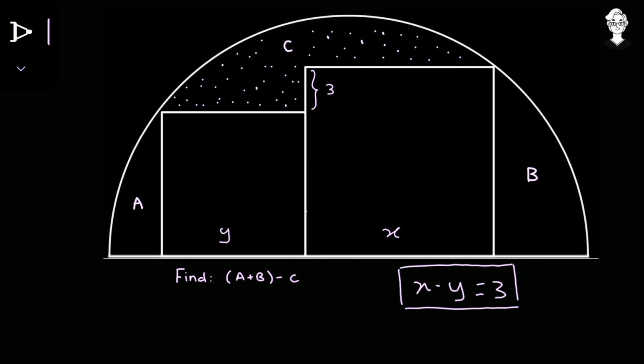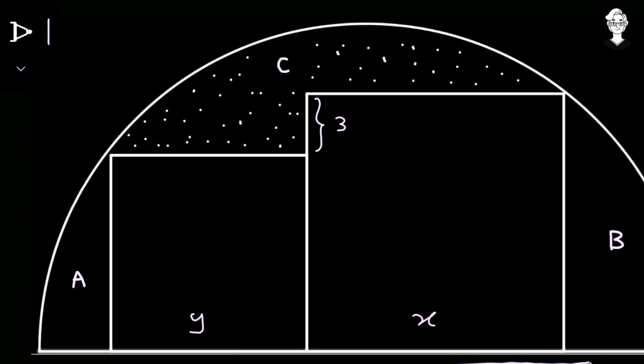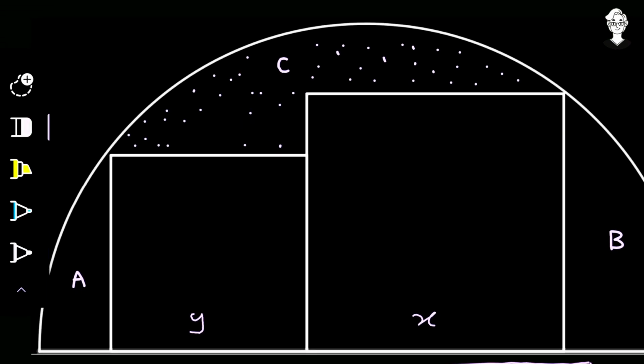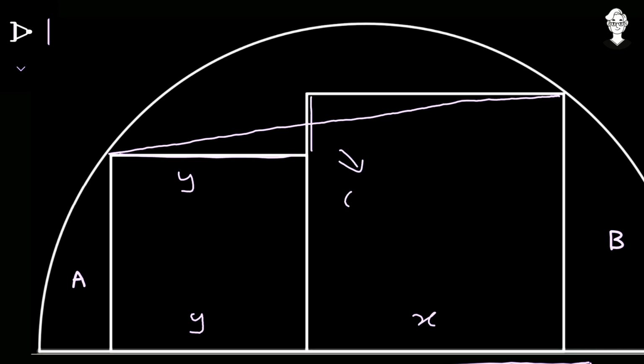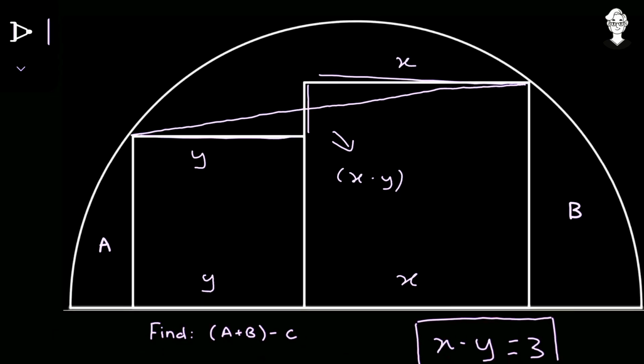Okay. Now our second step is to find the radius of this semicircle in terms of x and y, and that is also very easy. So I'm just removing this 3 and some of this shaded region that is of C. The shaded area was to show the exact region that C covers. Okay. Now from this point to that point I draw a straight line. Now this much length is y. This much length we have just seen it is 3, but it is also equals to x minus y, and this much length is equals to x because they are the side length of the square.